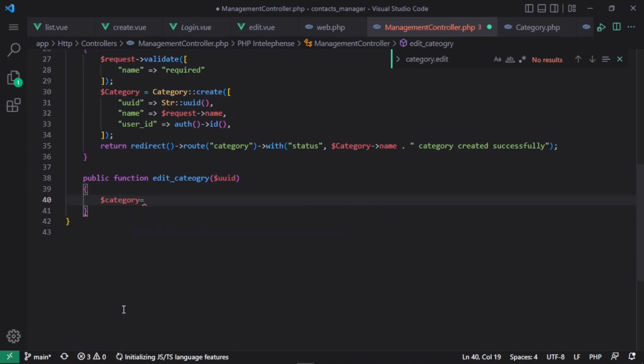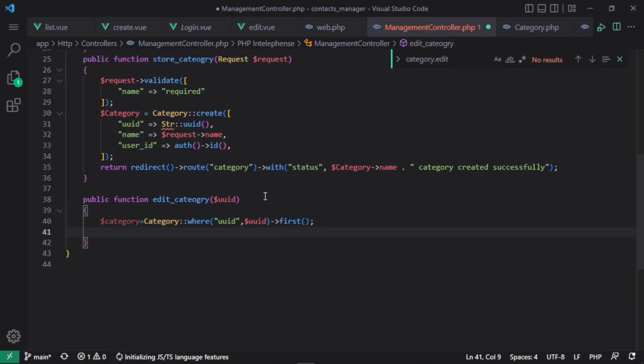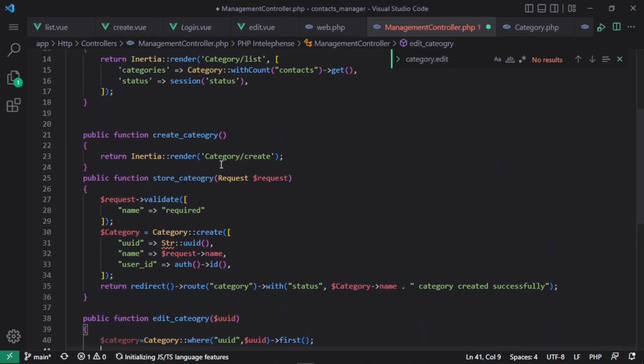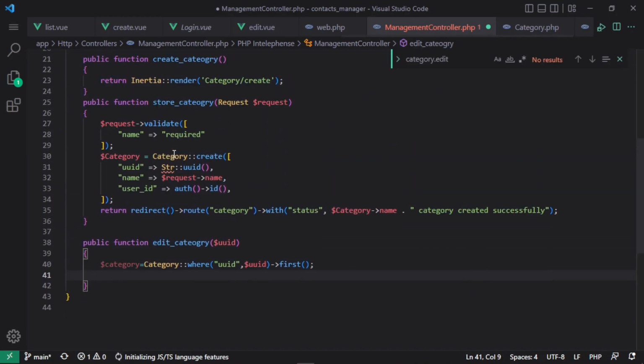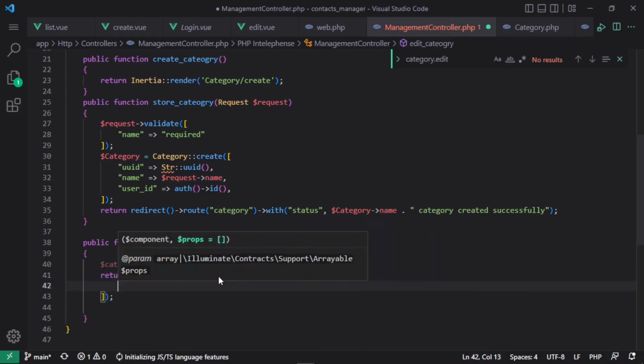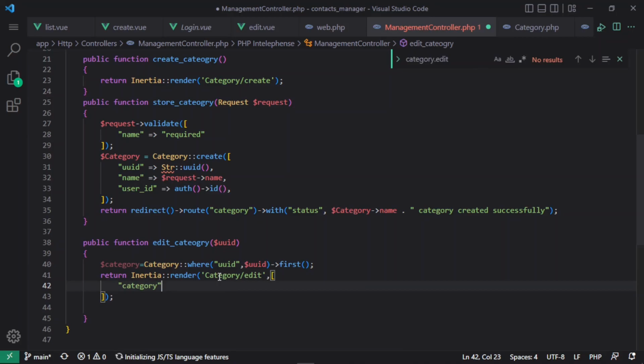Category equals category model, where the uuid is $uuid. Get the first one and then render the view, and the view is the edit view. I'm going to paste the return render part, so edit, and pass the category $category,